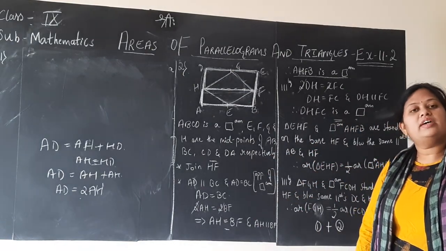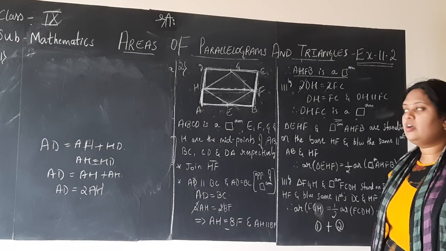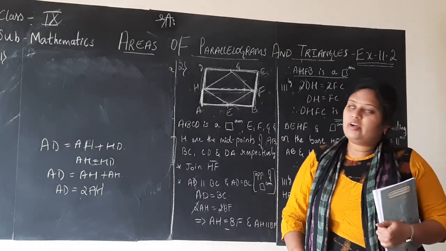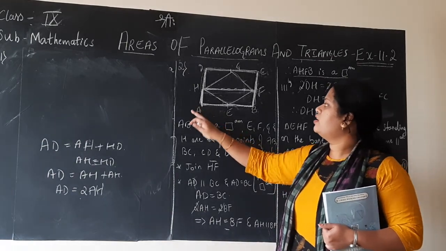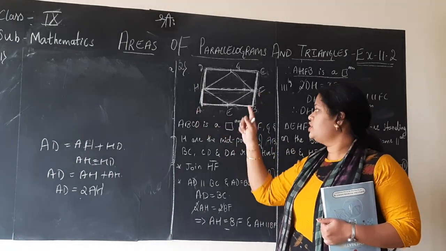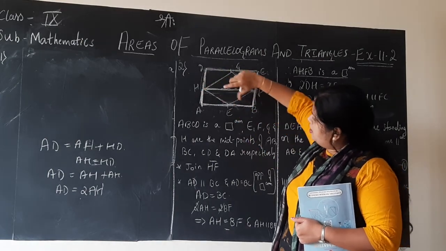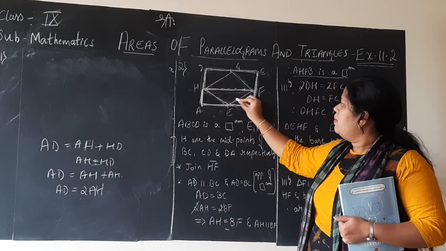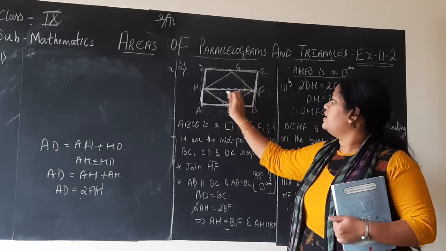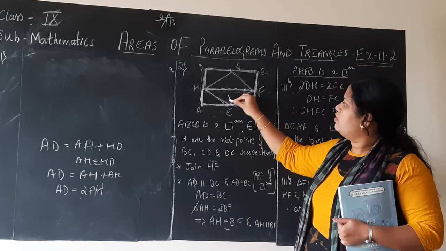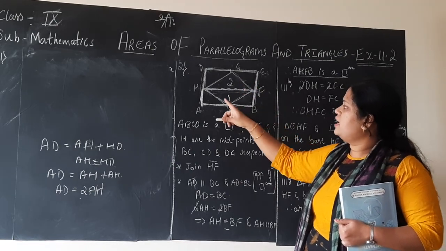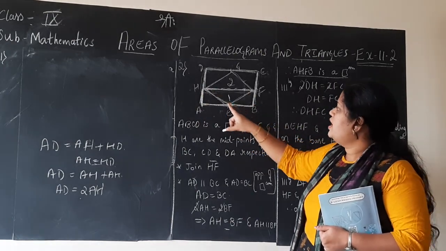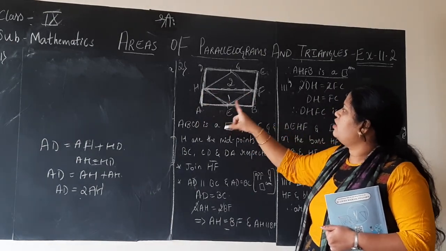Is that sufficient to answer the given proof? No, it is not. So children, now let us consider these parallelograms one by one. First I will consider parallelogram AHFB. That is the first parallelogram. In the first parallelogram AHFB, we have parallelogram AHFB plus one triangle inside, isn't it? We have done triangle 1 and 2. Two triangles are there. For now I am considering ABFH is the parallelogram and inside we have HFE or EFH